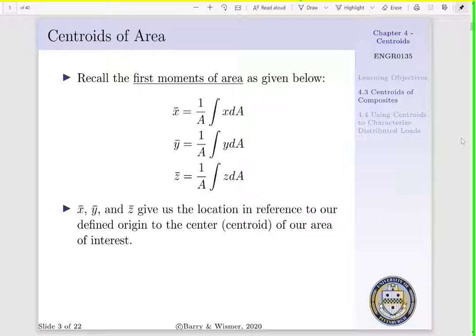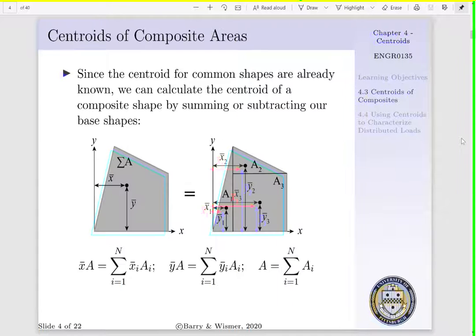to our defined origin. Now, in a situation where we have a composite, we can calculate the centroid of said composite by summing or subtracting our base shapes. For instance, if we look at the figure to the left, we have a very unique shape where we're trying to determine our center of area, x bar and y bar. To do this, we can break the shape down into 3 basic components: 2 triangles, A1 and A2, and a square, A3. To determine x bar, all we have to do is sum the moments due to each of our